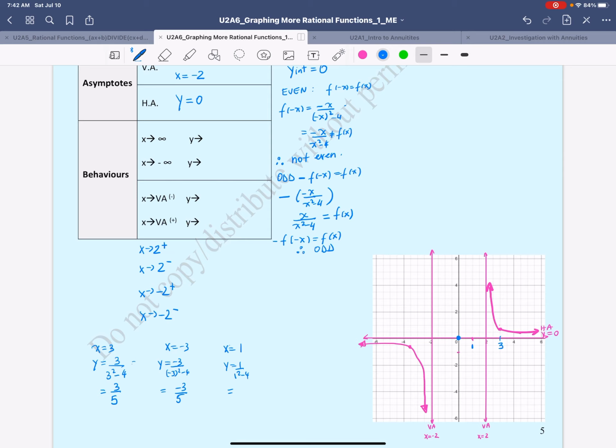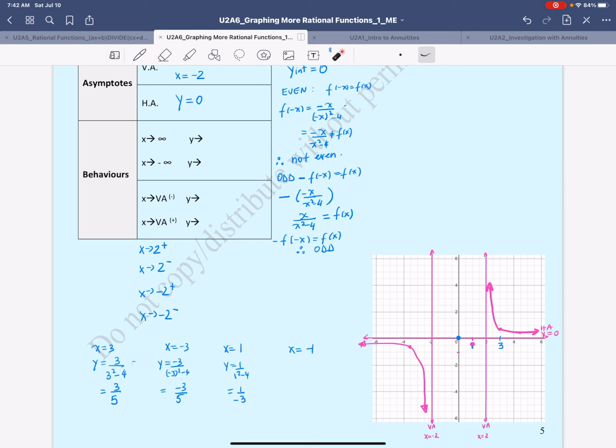And that tells us that the function will have a value of negative 1 over 3. So at 1, the function will have negative 1/3. So somewhere in here is that value. And at x equals